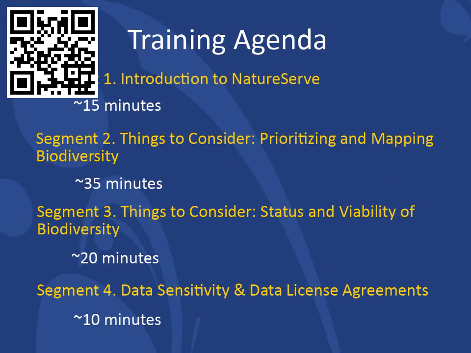Segment 1 is a brief introduction to NatureServe and NatureServe data. Segment 2 focuses on the methods for prioritizing and mapping species and ecosystems. Segment 3 focuses on the methods for assessing the status and viability of species and ecosystems. And Segment 4 gives you an overview of species data sensitivity issues and how data license agreements help protect sensitive species. Although the methods we present generally apply to ecosystem data, we will focus our materials and examples on species